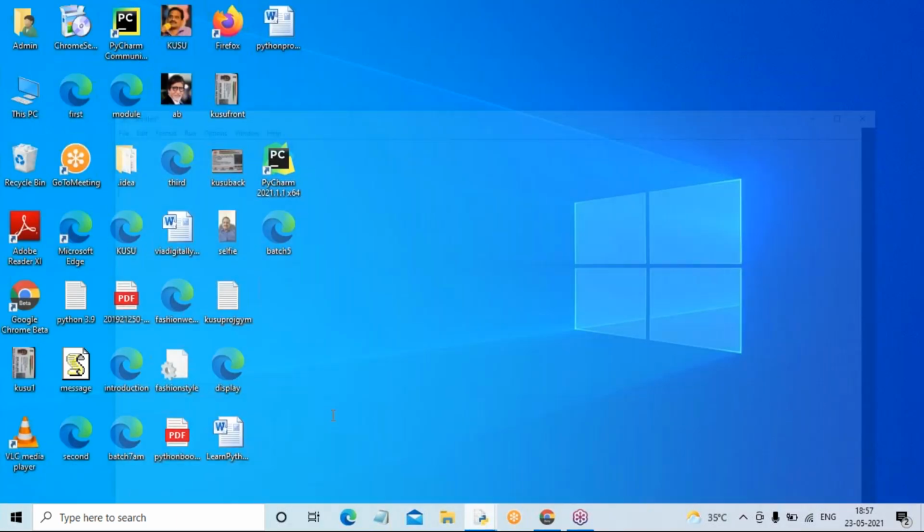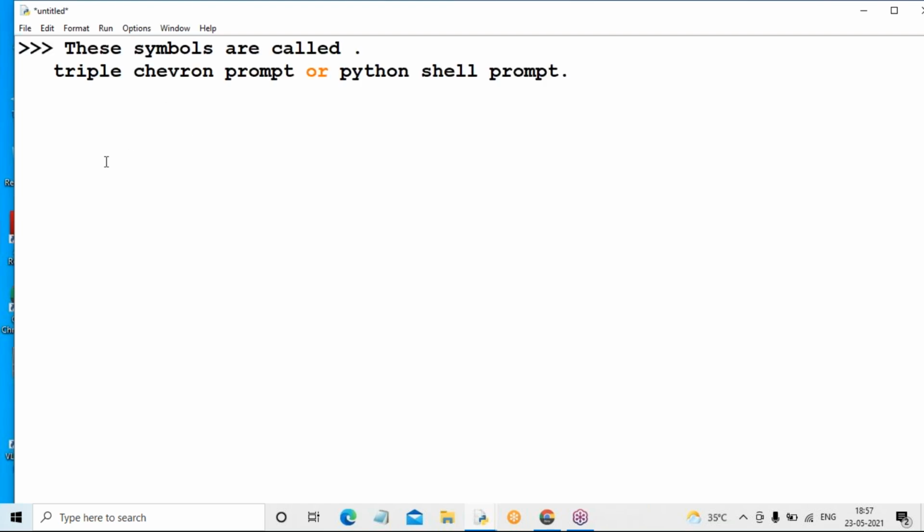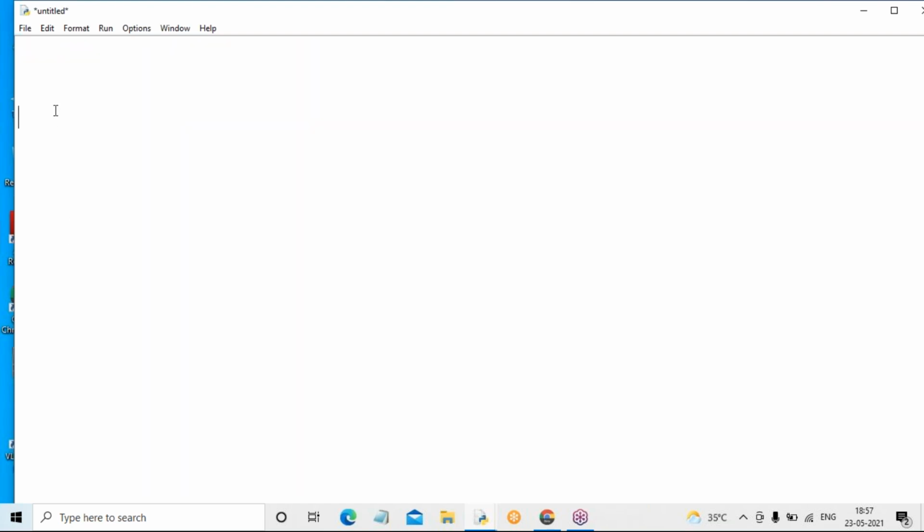Okay, so what are the different features of Python? The different features of Python: the first feature is called